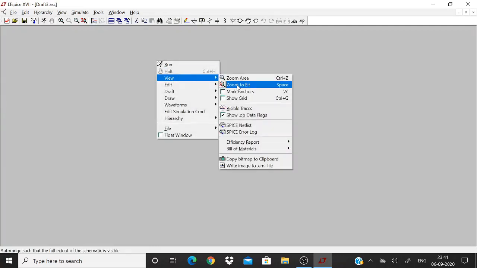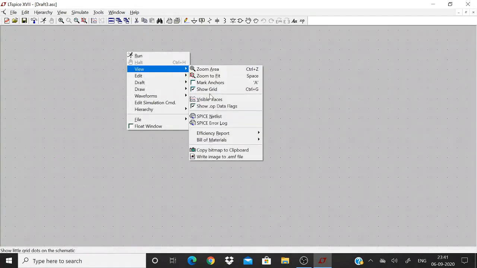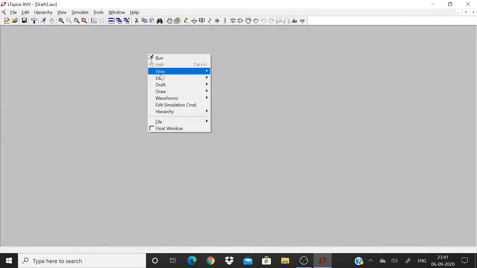As I already told, on the desktop you double click the LTSpice icon and select the new schematic option. Now this particular window will come. For the sake of easiness in drawing a circuit, I am planning to view some grids. I can select the show grid option, and I can even make the grid invisible like this. If I make the grid visible, you can see some small matrix dots on the screen.